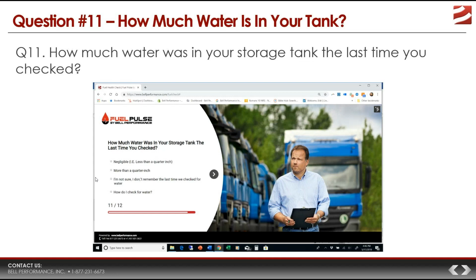So, what's the minimum amount of water that you typically can detect? Well, for many tanks, that cutoff is about a quarter of an inch or so. But having any amount of water that's measurable increases the chances of microbial fuel health problems. The reason is that microbes need very little water to do what they need to do, because it's a question of scale. Even if you had as little as an eighth of an inch or even 2 millimeters of water, not even enough to measure,